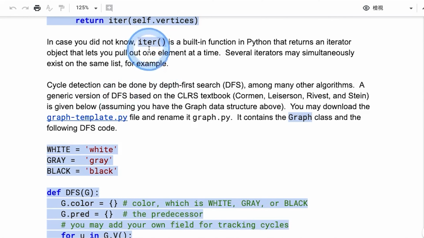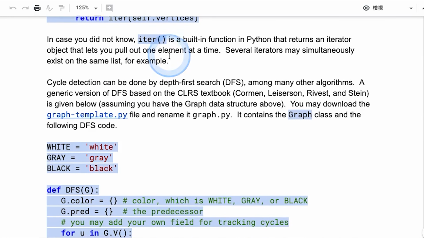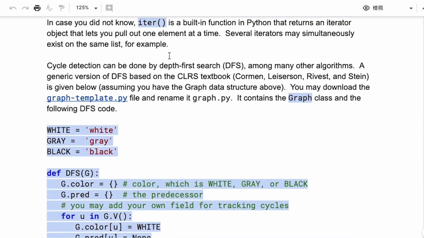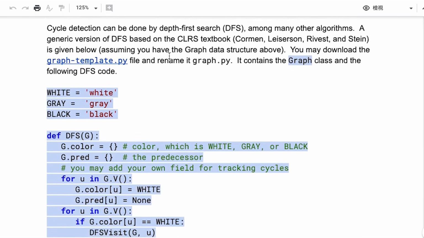And in fact, you can call the same iterator on multiple lists. So I can have an iterator on one of them, and then another iterator on the same list, and each one could be pointing at a different part of that list. So an iterator just allows you to use it in a for loop. That's just a convenient way to do it.